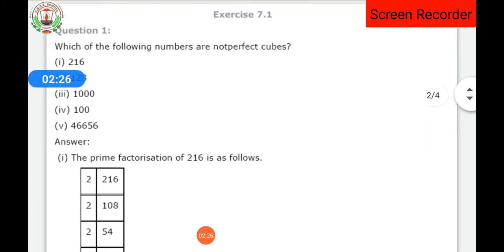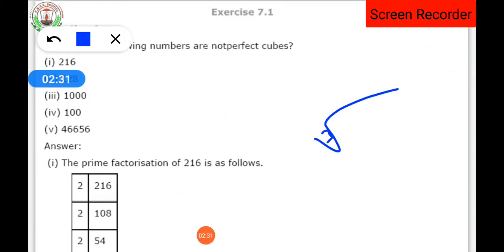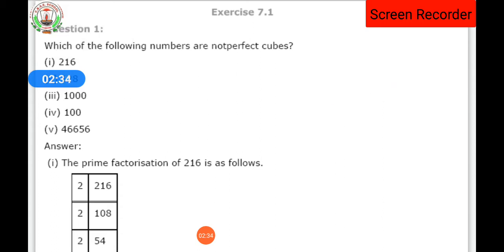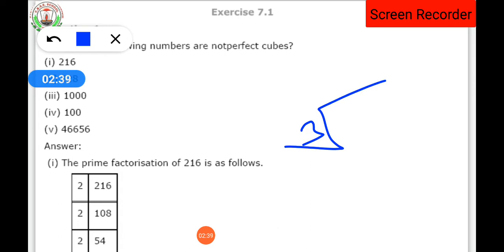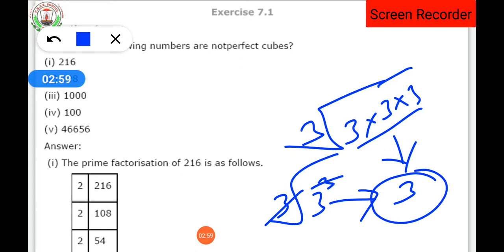And what about a cube root? Cube root means a number which has the factors of 3. This is the notation of cube root. What is the notation of a cube root? A 3 is written inside the radical sign. So 3 into 3 into 3. We make groups of the 3 numbers. Out of the 3 numbers, one will come outside, isn't it? So this can be written as cube root of 3 to the power 3. So 3 will get cancelled, only 3 will be left out. So the cube root of 27 is 3 itself.